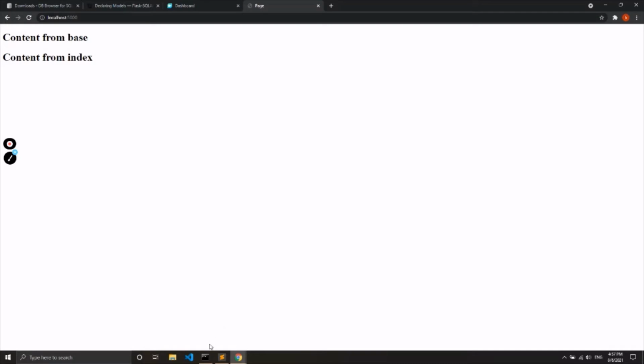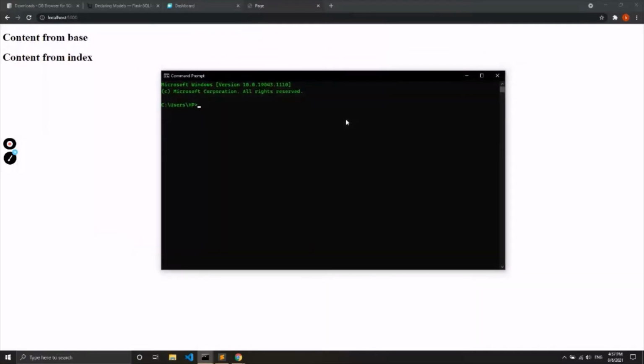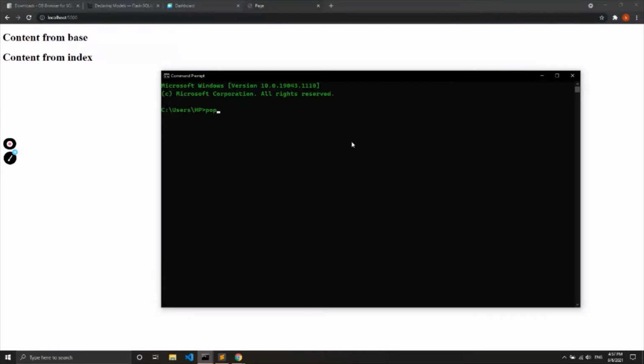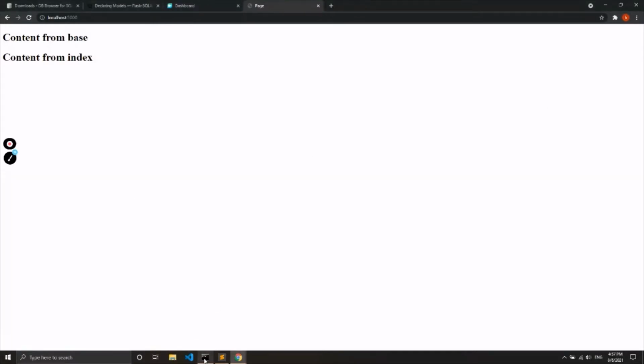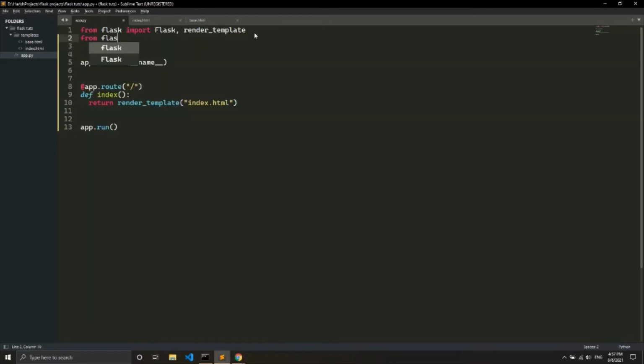So to start with the database, you have to install Flask SQLAlchemy. To do that, you simply type pip install flask_sqlalchemy. So this is the command for installing Flask SQLAlchemy. I've already installed that. So what I will do here is import it from flask_sqlalchemy.